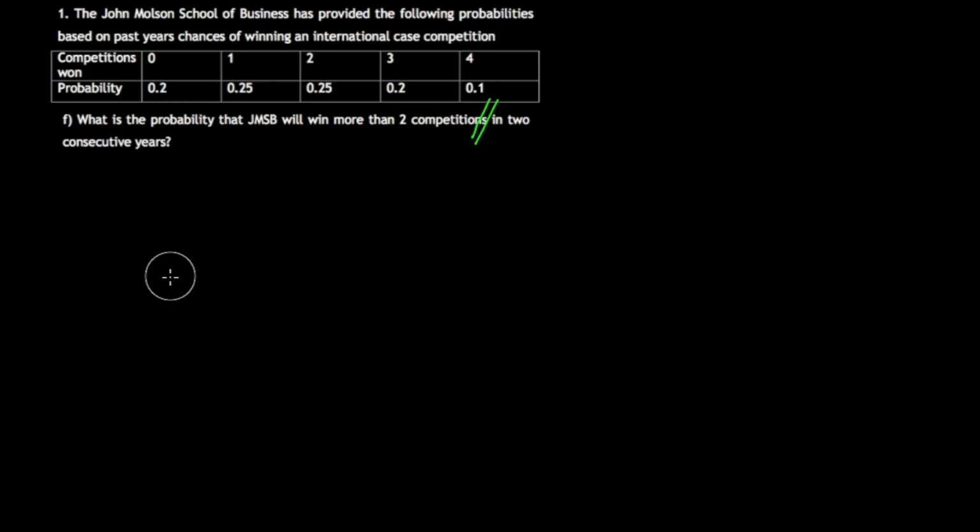Okay, so we know that more than translates into this right here. Okay, so it's more than 2. It's not more than or equal to 2. So we don't take into account the 2. So this is the probability of